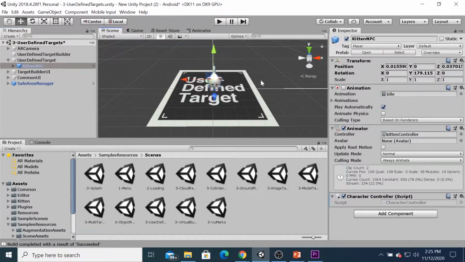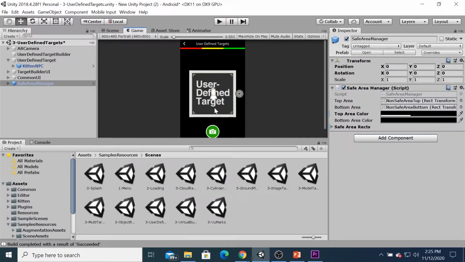Next, if you run the application, you can see the three colors in the user define target: red, yellow, and green. It indicates the accuracy of the ground plane detection.